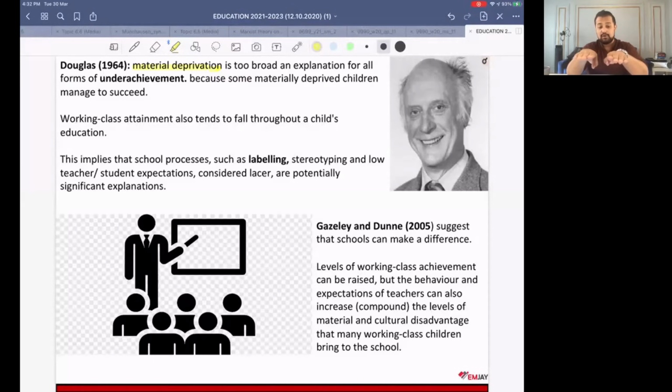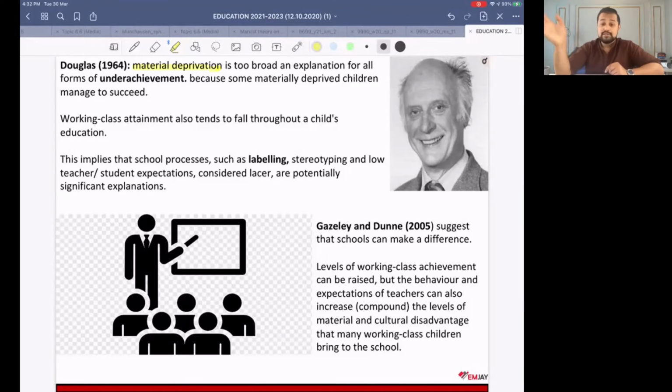Now, we're talking about working class attainment falling, like we discussed, as the child progresses, right? If you talk about two kids, let's say they both have the same abilities, as they progress with education there are more chances that a child from the working class tends to fall behind the children from the middle class, right? Now, when all of this is happening during the time a child is going to school, don't you think we can consider the possibility of something going on within the school that is causing all of this? Or, in other words, I'm trying to hint at in-school factors, right?